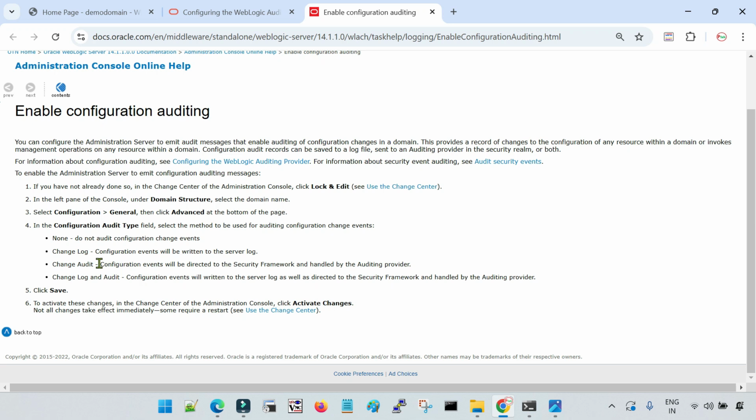Second is Change Audit. Configuration events will be directed to the security framework and handled by the auditing provider. That means if you enable only Change Log, then all the changes will get written to your admin server log file. Second is Change Audit. In that case, you have to define an auditing provider in your security realm. And once you enable the auditing provider in the security